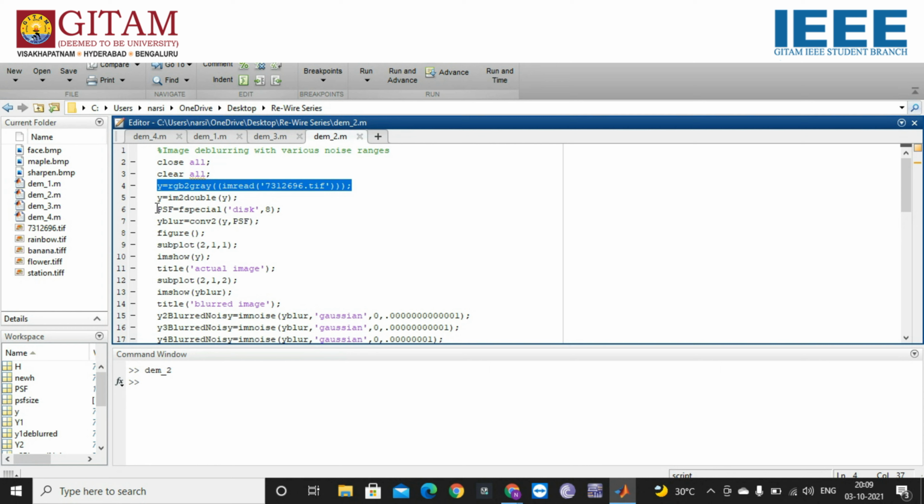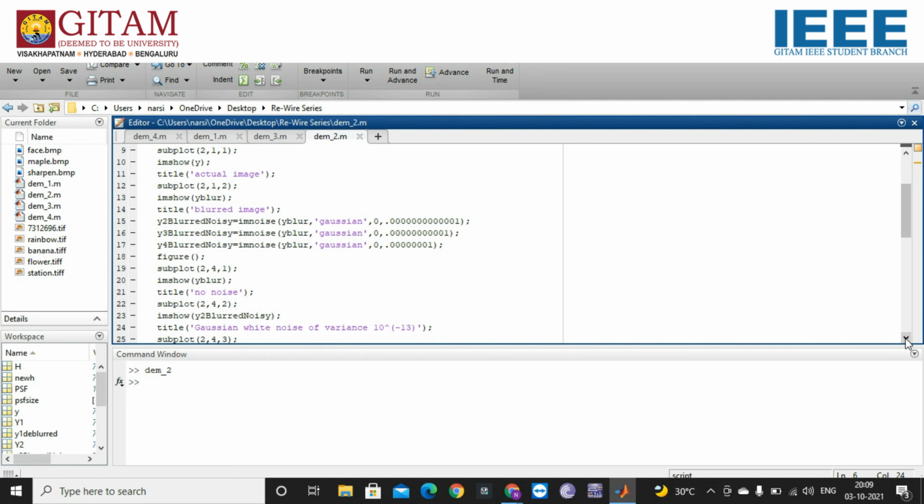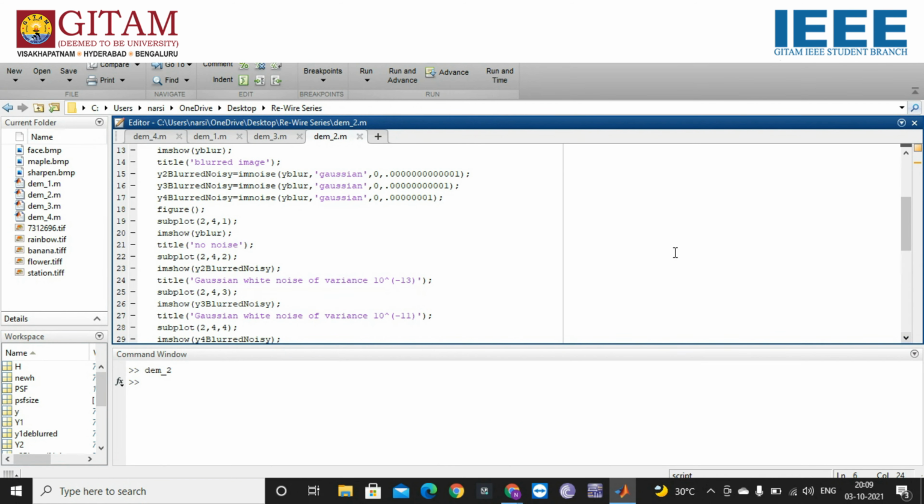And in this line we will be generating a disk filter, and performing convolution of that disk filter with the input image which we have taken, we will be obtaining a blurred image. Now for this blurred image we will be adding Gaussian noises of various variances, and all those images are stored in Y2 blurred noisy, Y3 blurred noisy and Y4 blurred noisy.